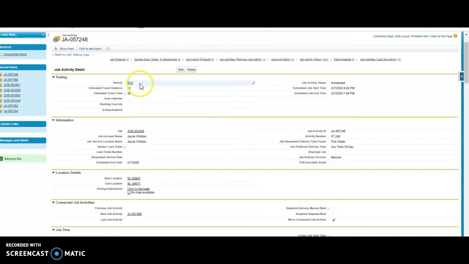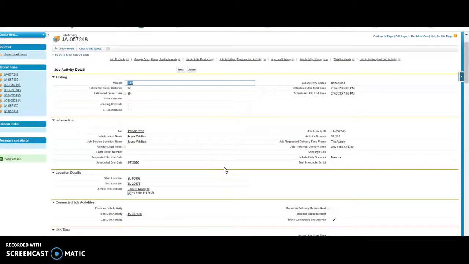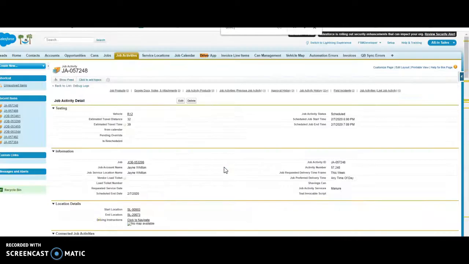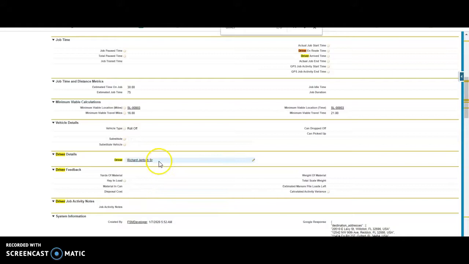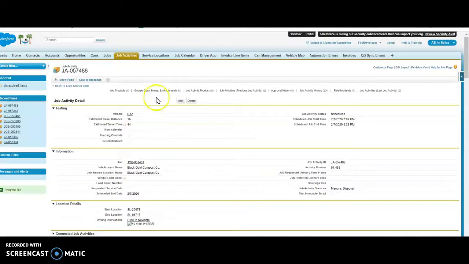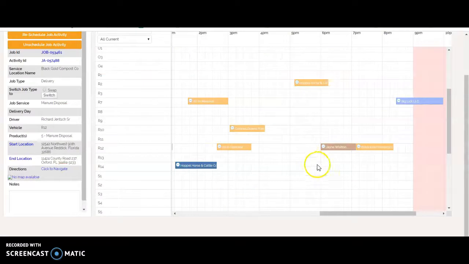This is the main activity, whose vehicle is R12, and let me check the driver. Okay, so the driver is Richard. Similarly for the disposal, R12 is the vehicle and the driver is the same. Okay, so right now I'm going to change